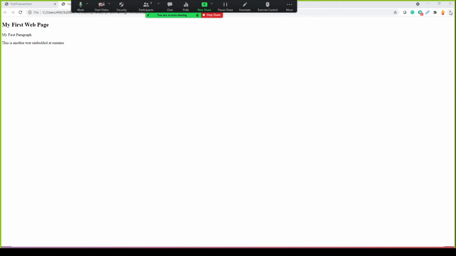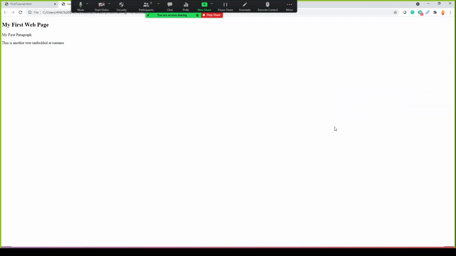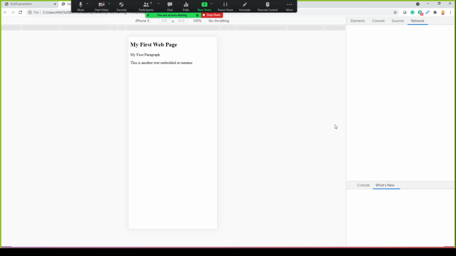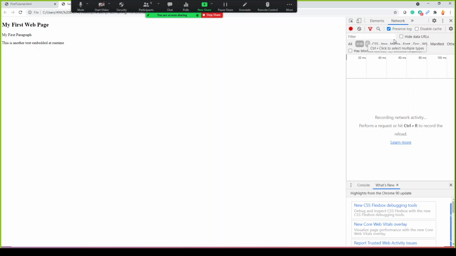To open the console on Chrome, you can go to the More tools option and then Developer tools. There are shortcuts as well, so I'll just take a bigger screen. Maybe I'll use this option, and